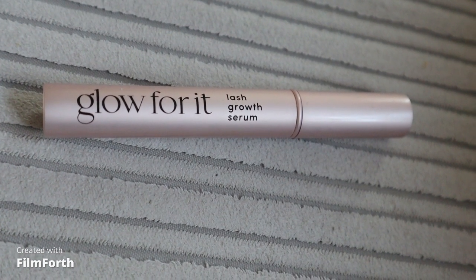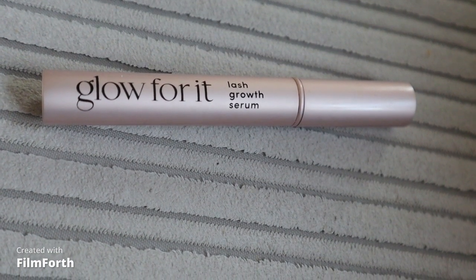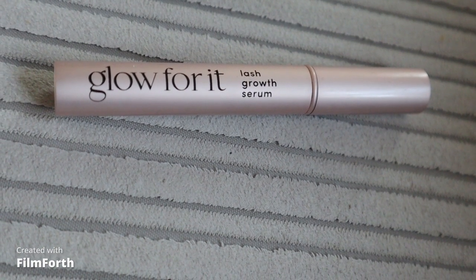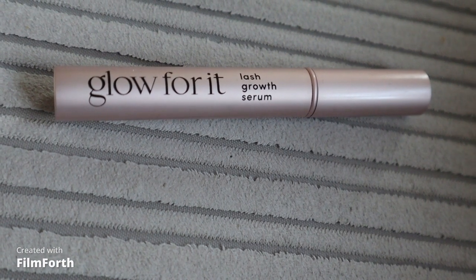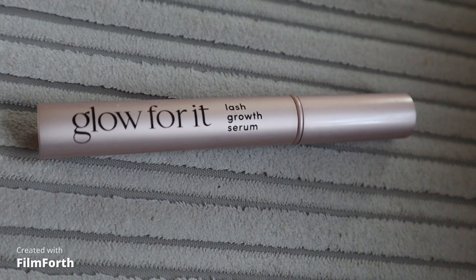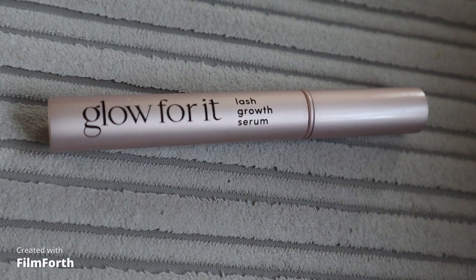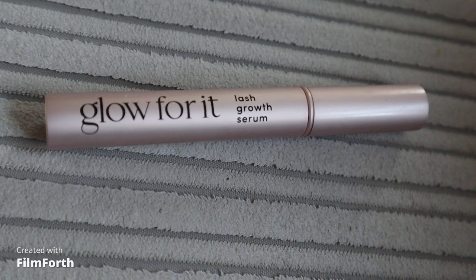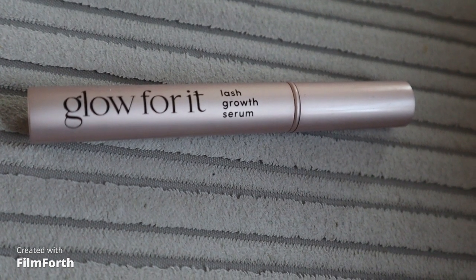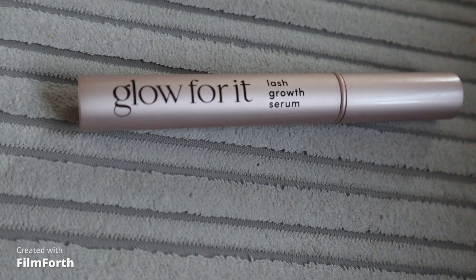I do wear quite a lot of false lashes for filming purposes, and I have used the Tutti Lash Invisalashes. Normally, day to day, I just wear mascara, but I have been quite unhappy with my lashes for a while. I don't think they have grown back properly since I had quite an awful experience with lash extensions. I have really, really liked this serum. I found that my lashes have grown a bit longer, they're a bit thicker, and I feel like they're definitely stronger. In terms of the gaps that I had from my lashes being pulled out,